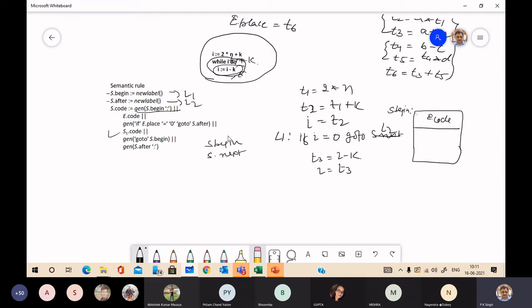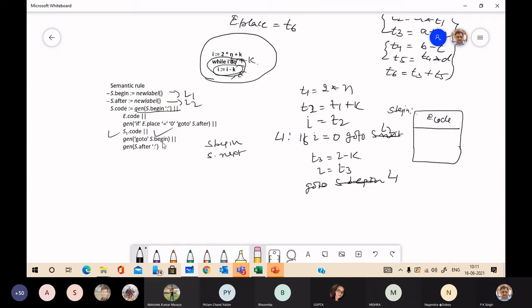This is S1 code. Then go to S begin, which is L1. Go to L1.